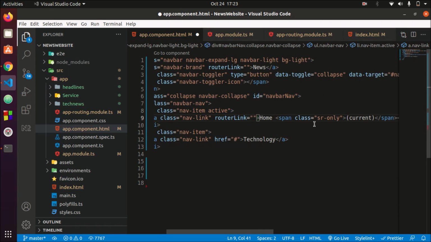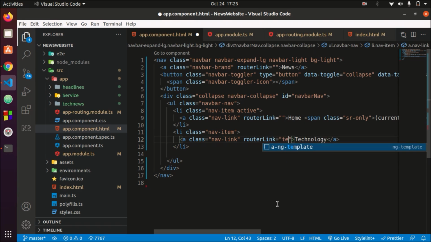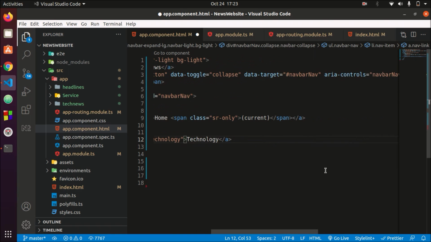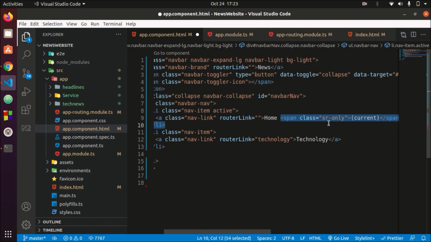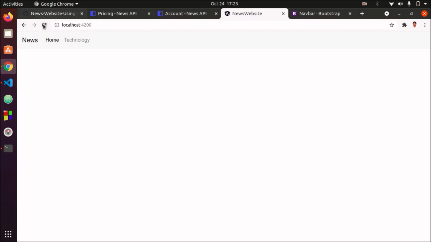And the next is also, yeah, let's also replace it with router link, and it will show the technology. And let's have a span. I hope it should work. Home and technology are created.